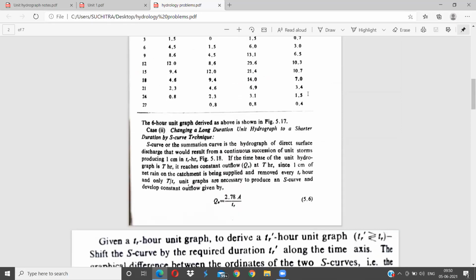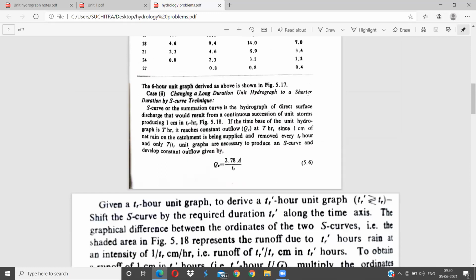Now that is case 1, wherein you have been given a short duration unit hydrograph and you have changed the short duration unit hydrograph to a longer duration unit hydrograph, such that the longer duration unit hydrograph is an even multiple of the short duration. Now the second case,